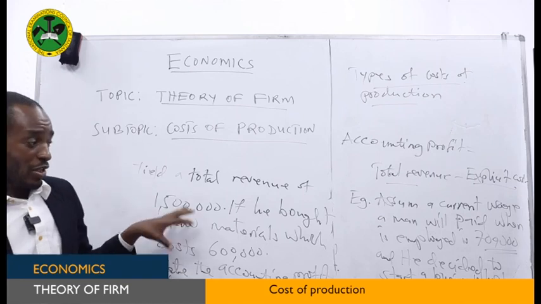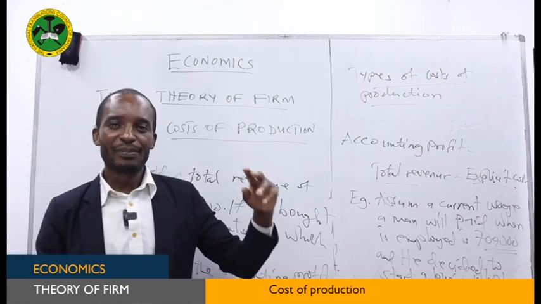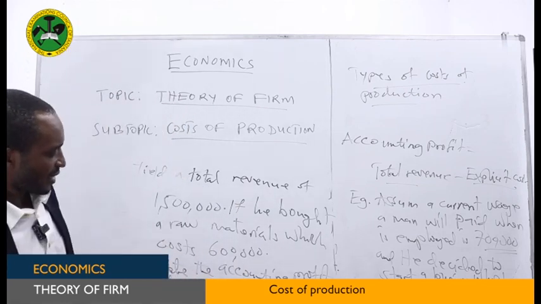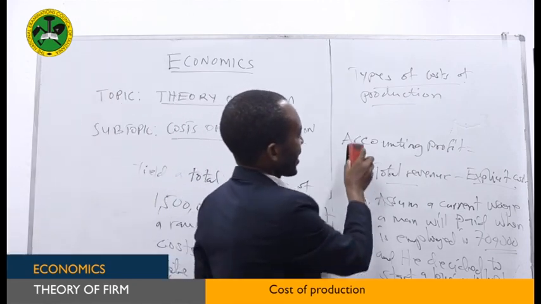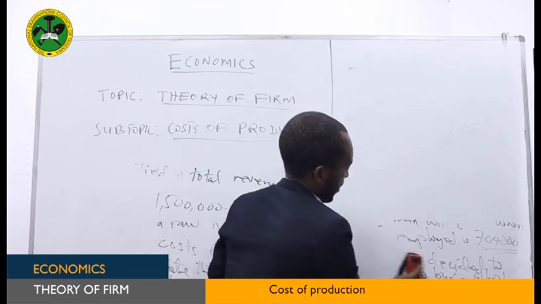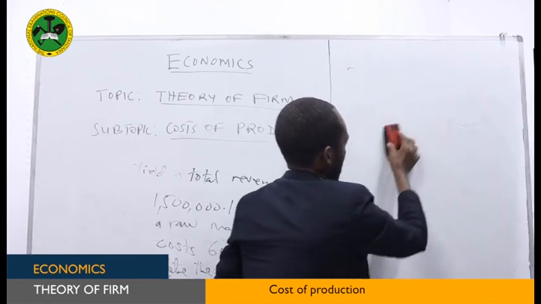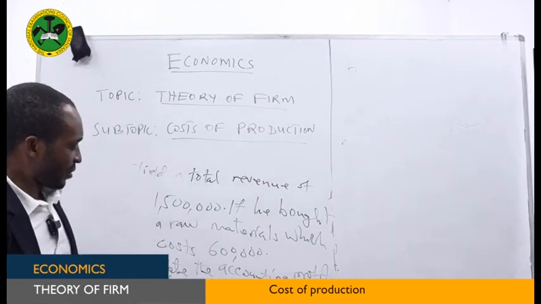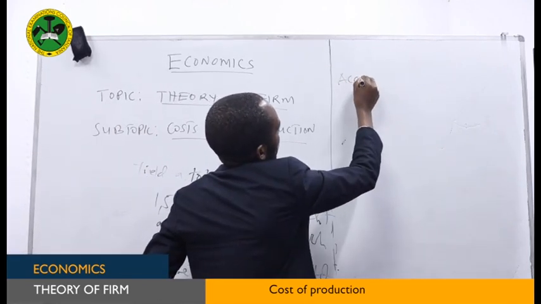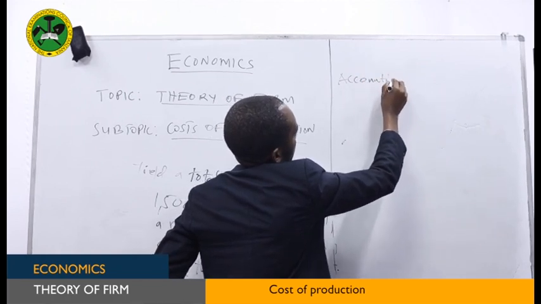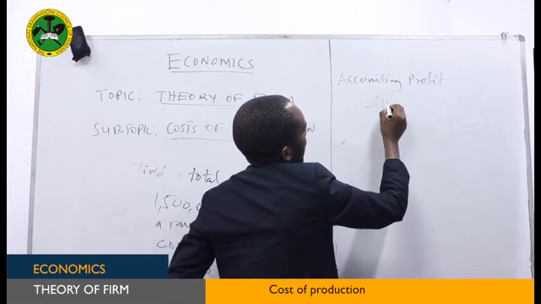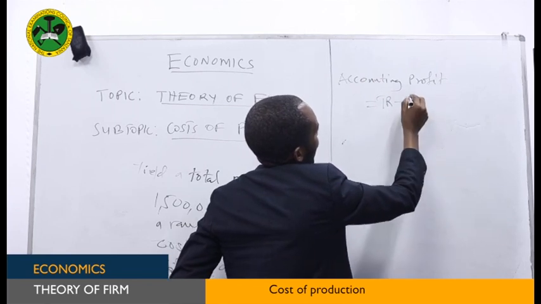So by using this example, we also have to distinguish between the implicit cost and explicit cost. So how we can conduct the solution of this example? Let us start to calculate the accounting profit. We said accounting profit equals to total revenue minus explicit